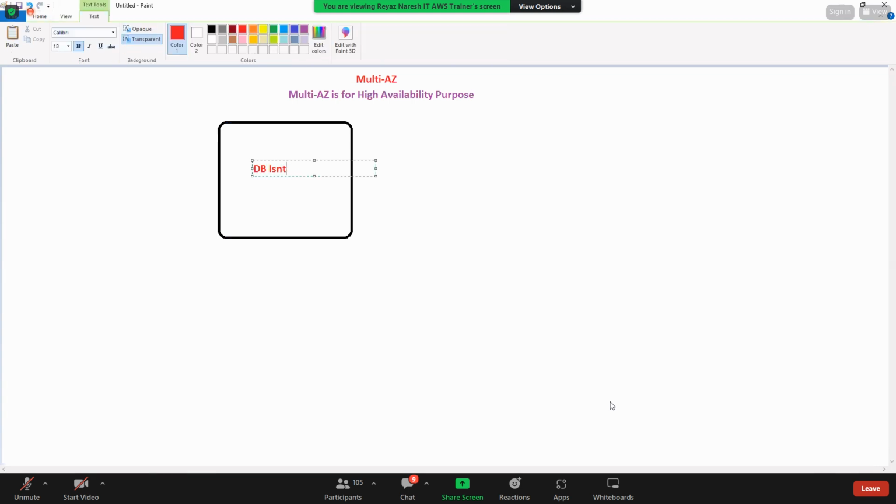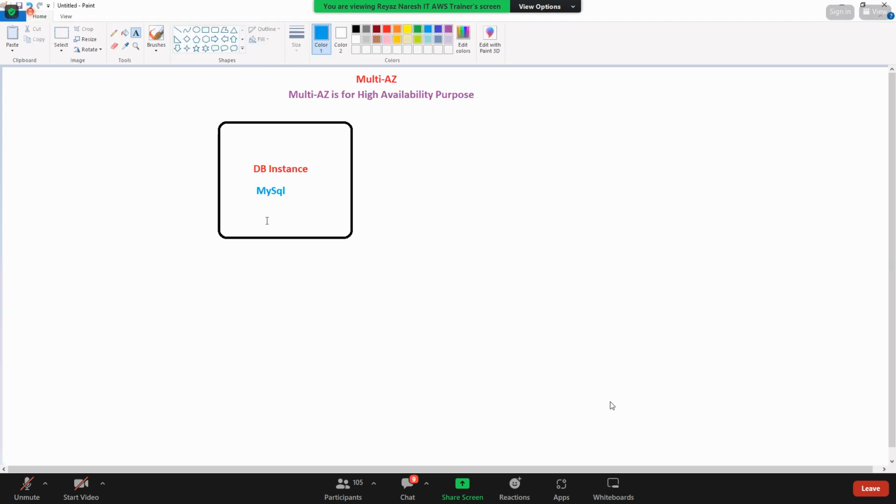Let's say I have a DB instance. Guys, this is the DB instance. It can have any engine, out of the 6 you can have any engine. Let's say MySQL, or Postgres, any engine.